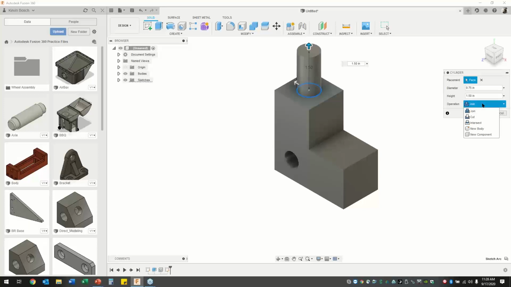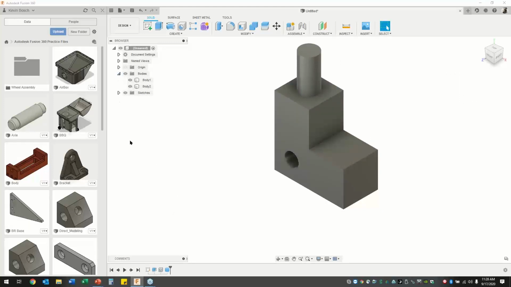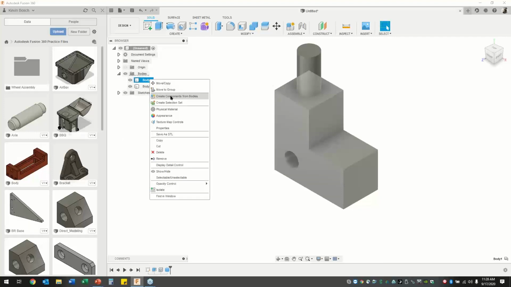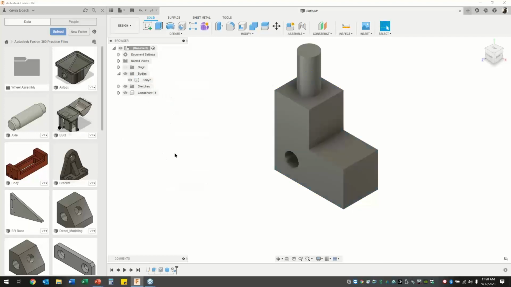We have that ability to create that join. We can create a cut. In this case, I'm going to go ahead and create a new body, and we'll select OK. Once I do that, of course, I've got access to the different bodies, and from those I can create components. Now, the nice thing about this process is I don't have to work through an associative setup where I'm tied back to another file. I'm right here in this one file, and now that this is created, I can come in here and give this its own name,